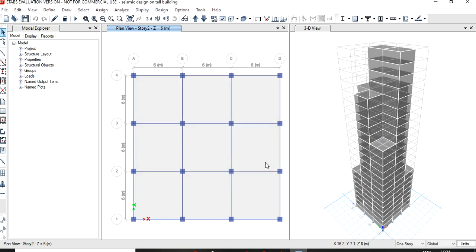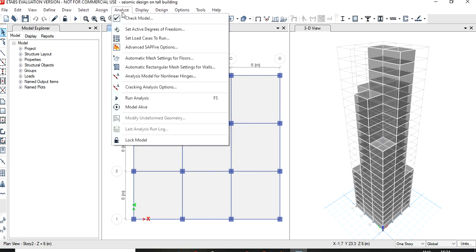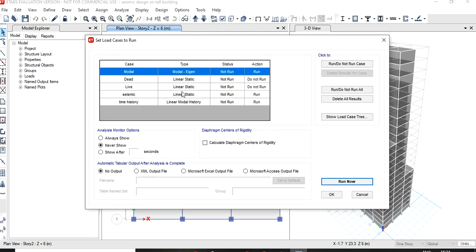To assign the seismic load, we don't need to select any element. It is automatically applied on the building structure. Now go to the analyze option to run the structure. Go to set load cases to run. Here we don't need to run the dead load and live load. We only need to run the seismic and time history load.